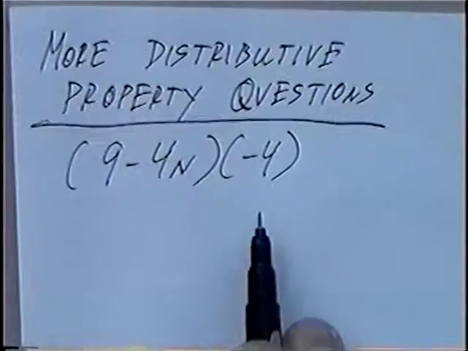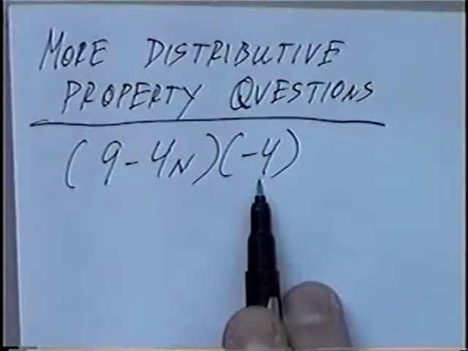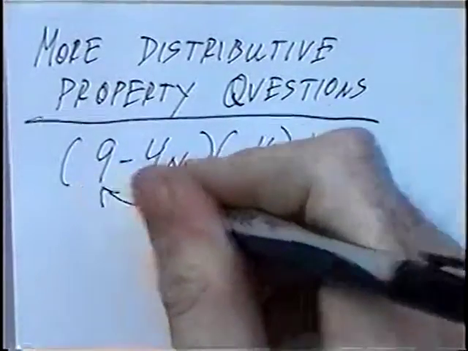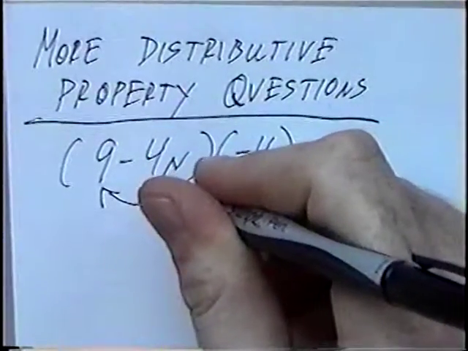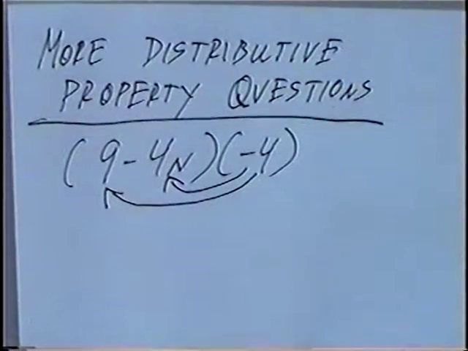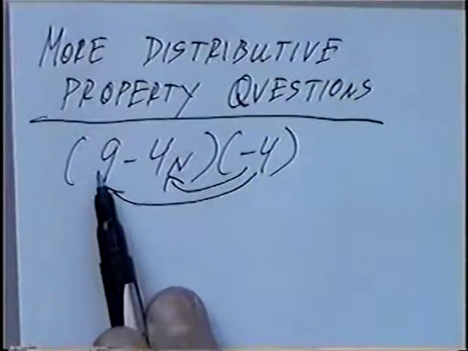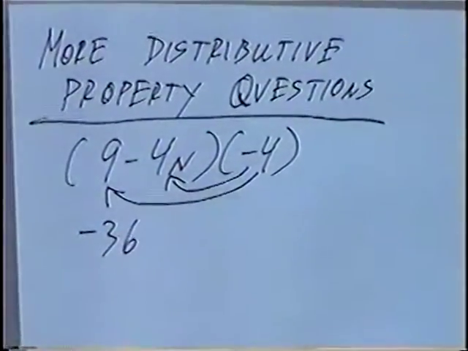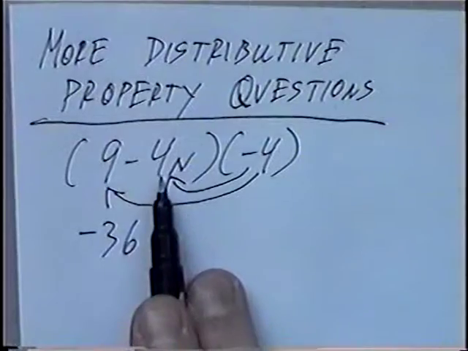In this question we have the single number that comes outside the parentheses on the right hand side. This negative 4 we can distribute into the parentheses on the left that goes to each number and each variable. In this case, negative 4 times 9 would be negative 36, and negative 4 times a negative 4